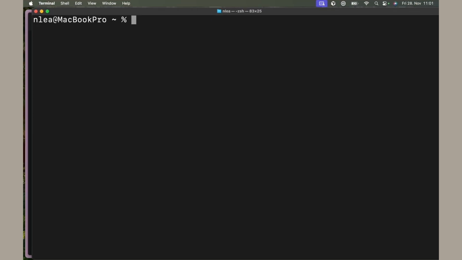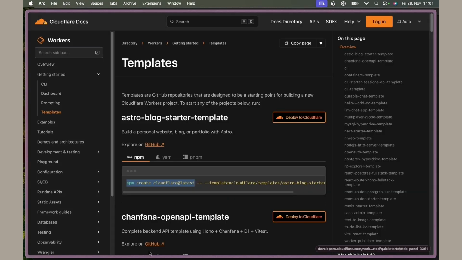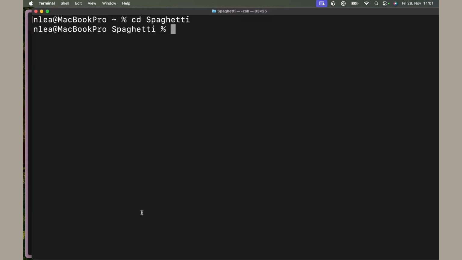All good projects start in a terminal, and for me also they start in my spaghetti directory. That's where my code lives. And for creating the project now, you need Node installed. Node is a way to run JavaScript outside your browser, and it comes with a package manager, npm, which will help us now to create the project. And I'm going to copy paste the command here from the Cloudflare documentation. I go with npm create cloudflare at latest,